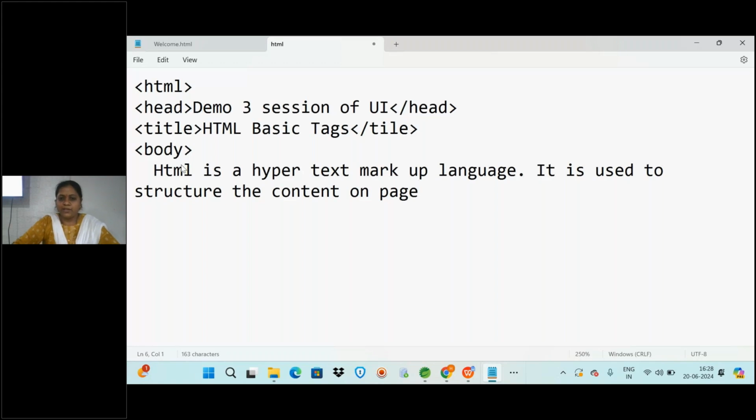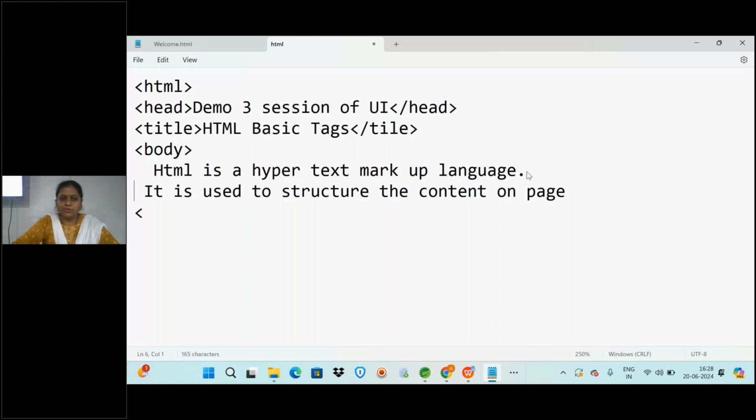And then you are closing the body tag. I said that for almost every tag, you will have the opening and closing tags. So this is the open tag for the body, and we are closing it. Till where you close, that will be the content of the tag. And after this you will be closing the title. We have closed head. What is left to close now? HTML is left out, so we will be closing the HTML.